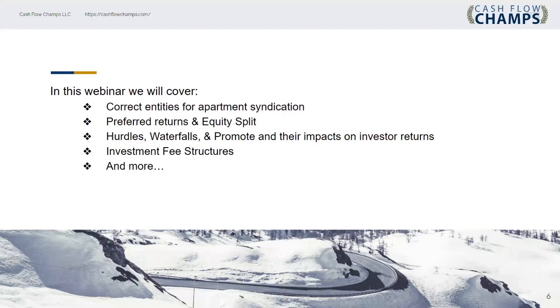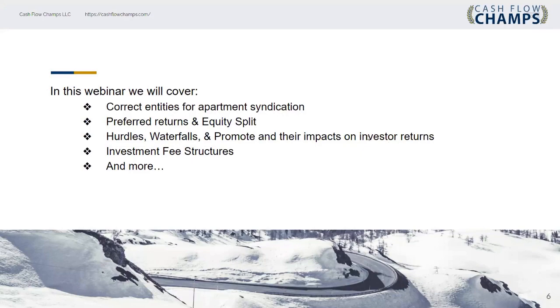So remember that in these syndications, you will have a GP side to it, and you have an LP side to the transaction. So you will have respective LLCs that are set up for each. So you will have the property LLC that holds the property. You also have the GP LLC, and you also have the LP LLC. So there are a variety of LLCs.